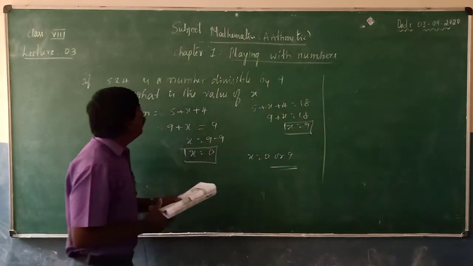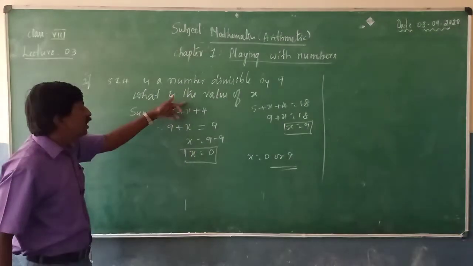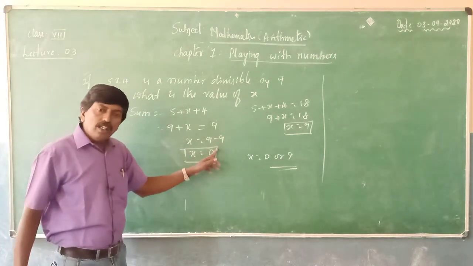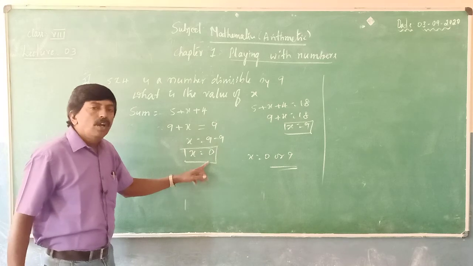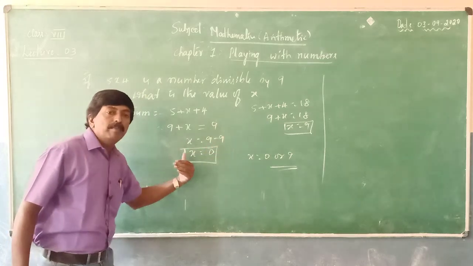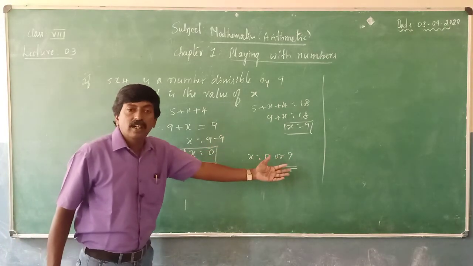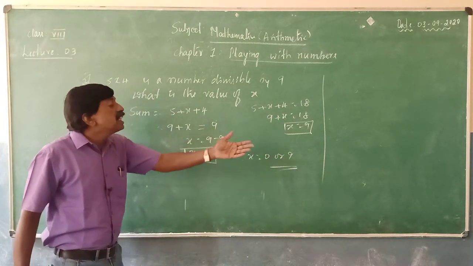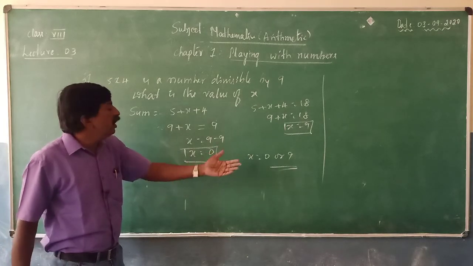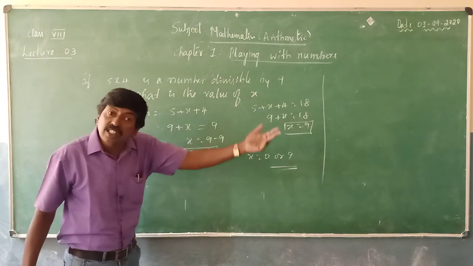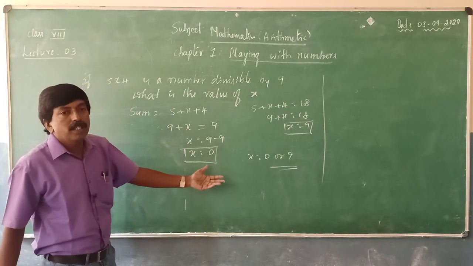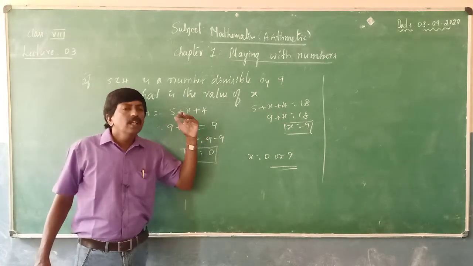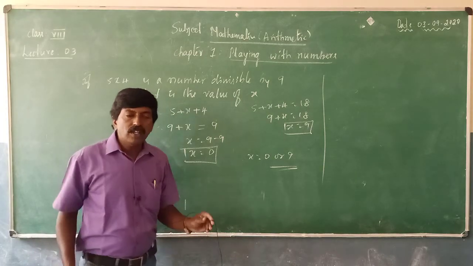Both the values will satisfy here. The sum must be equal to 9 or greater than that. That numerical sum you can consider. Suppose if you have taken 27, it is not possible. With 27, x value will get greater than 9, so it is not possible. So like this, you can find the digits in the numeral. Some of the problems are there in your